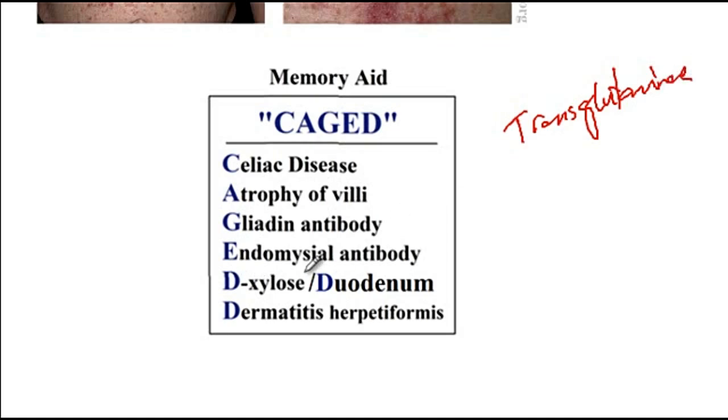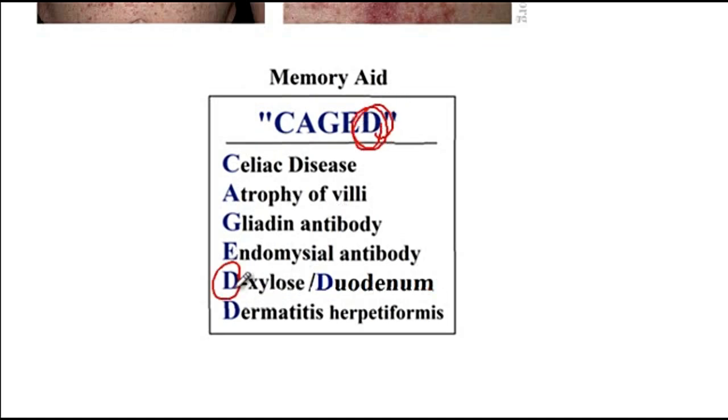In fact, it's the anti-endomysial antibody that will react to the transglutaminase, and so the other name for it is anti-transglutaminase. In any case, for the diagnosis of celiac disease, you can check for the presence of the endomysial antibodies. You can also check for gliadin antibody, but they're not as specific. You can also check for D-xylose, which shows the intestinal malabsorption of this monosaccharide. You can check for the duodenal biopsy. So all of these came with CAGED D. And then these patients also present with dermatitis herpetiformis. And that concludes our discussion of celiac disease.